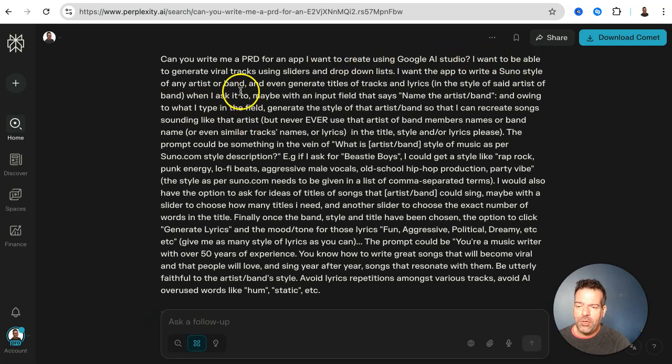I want to be able to generate viral tracks using sliders and drop-down lists. I want the app to write a Suno style of any artist or band, and even generate titles of tracks and lyrics in the style of said artist or band. When I ask it to, maybe with an input field that says name of the artist, band, and owing to what I type in the field, generate the style of the artist,